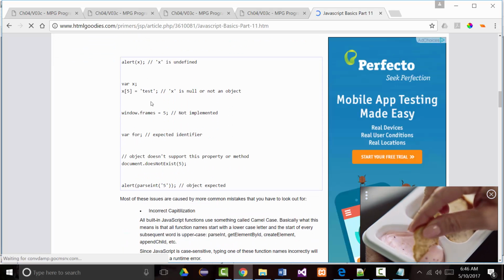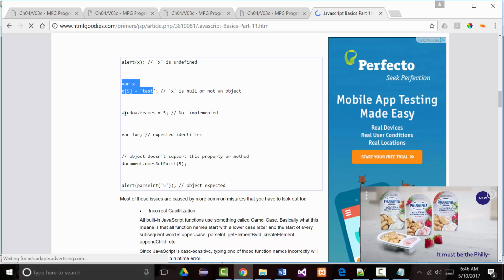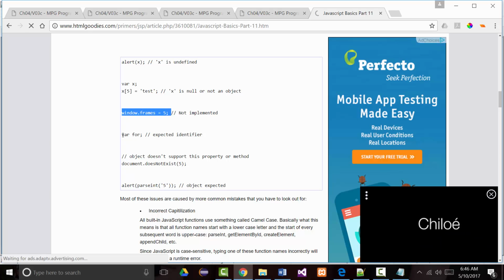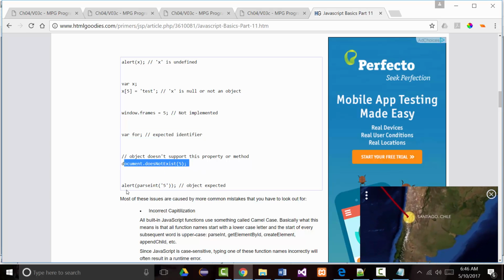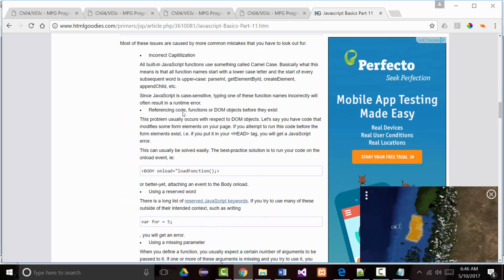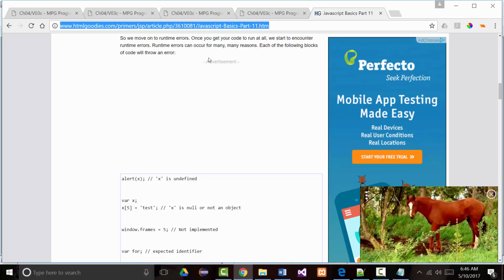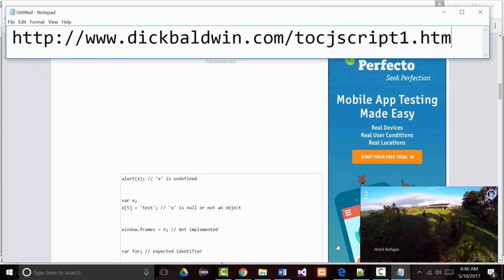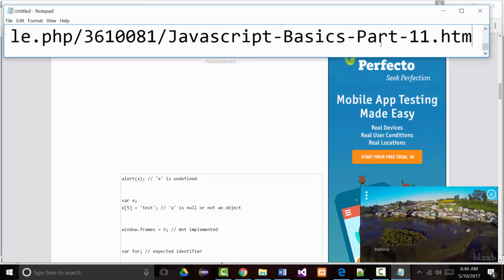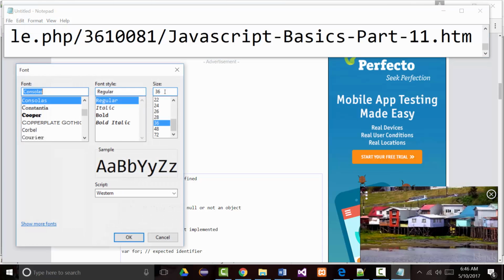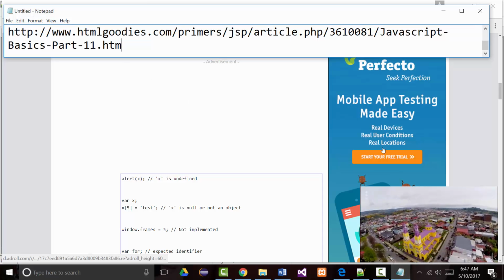So I treated a variable that wasn't defined like it was an array. I called something that wasn't implemented. I used a keyword as a variable name. I called a method that doesn't exist, and I called an illegal parse operation. And all of that is explained in here. Okay, so it's in the code, but if you do want to see this, so it's going to be way too big a font. It's under